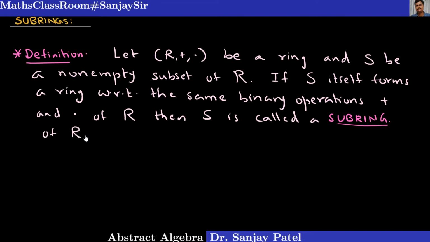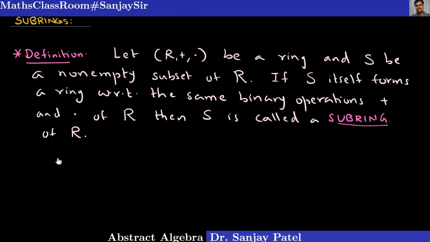Okay, so given the ring R, we want to study which kind of subsets there are which satisfy all the same conditions or axioms with respect to the same operations of R in the set S also. And such subsets are very important because instead of studying the whole ring R, if you study only this smaller set S, you can sometimes have the same property as the main ring.